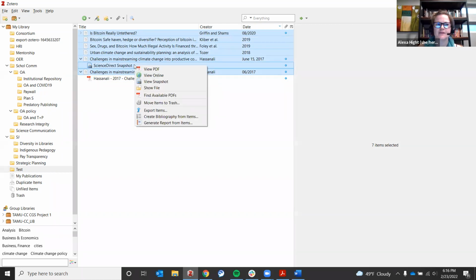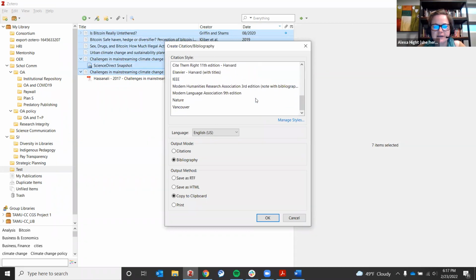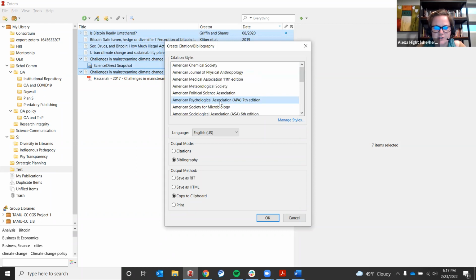And this is where the desktop version and the app version changed a little bit because when I right click in the desktop version, I'm going to select create bibliography from items. And here I have different citation styles. I can use APA, I can use Chicago, I can use MLA.